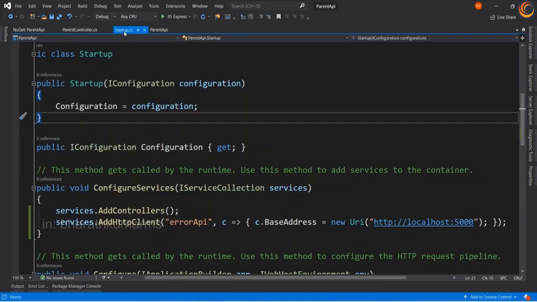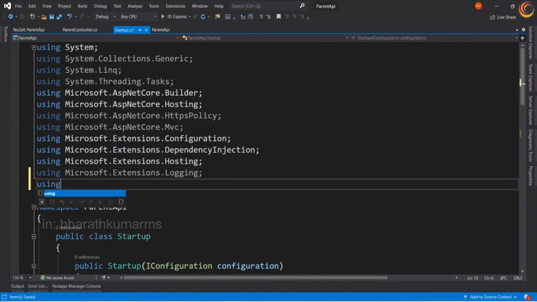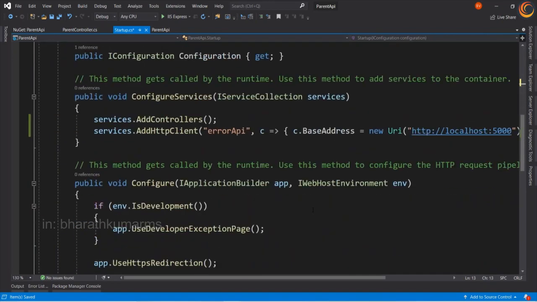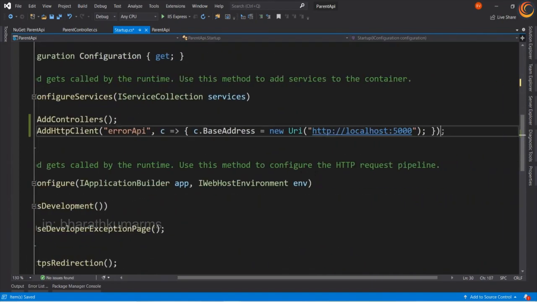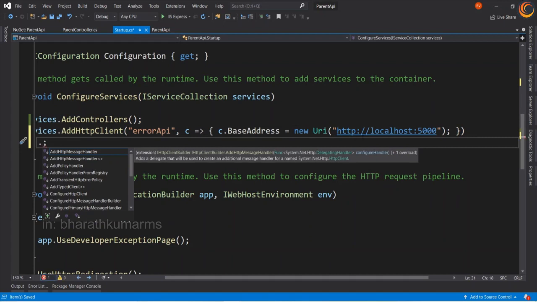And set the policy through the Startup.cs file. First, let us include the package using Polly and add the transient HTTP error policy.